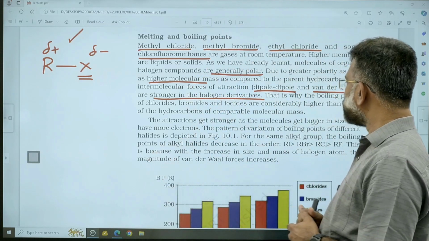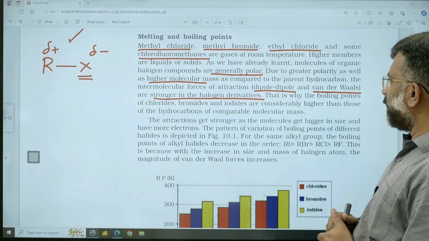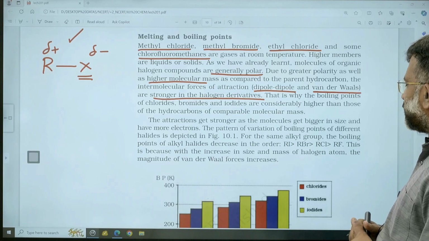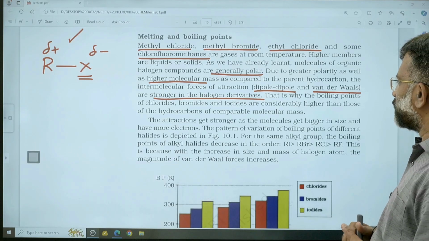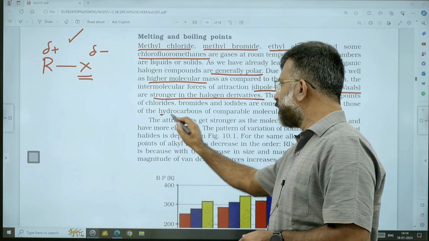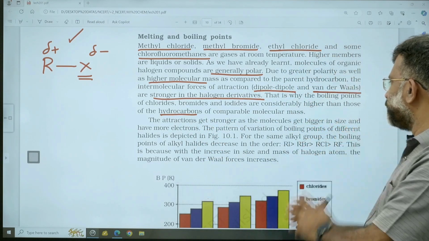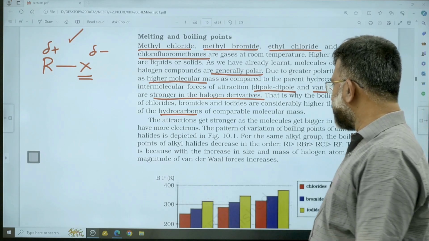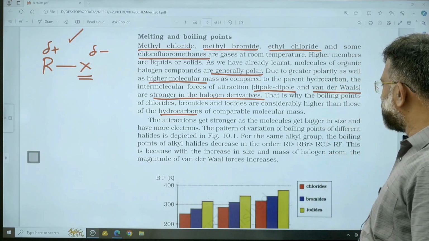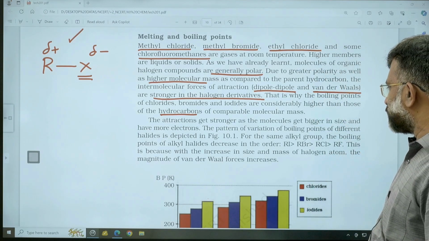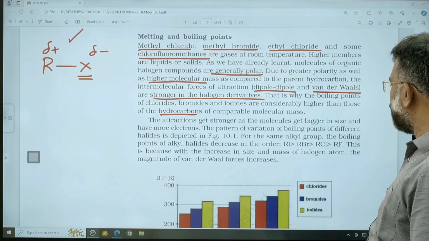That is why the boiling points of chlorides, bromides, and iodides are considerably higher than those of hydrocarbons. So compared to hydrocarbons, the boiling point will be greater. The attraction gets stronger as the molecule gets bigger in size and has more electrons. The pattern of variation of boiling point